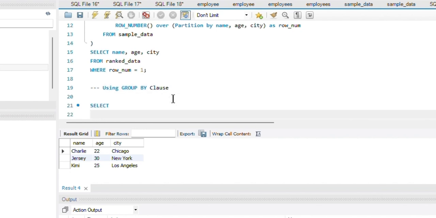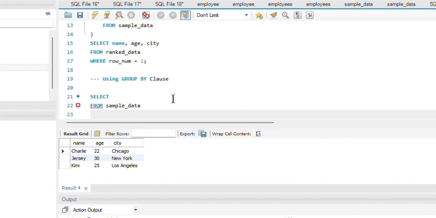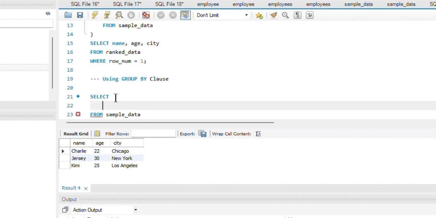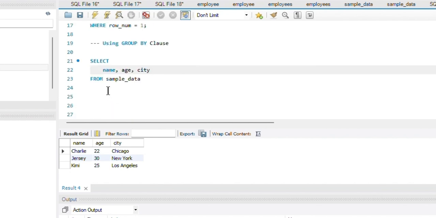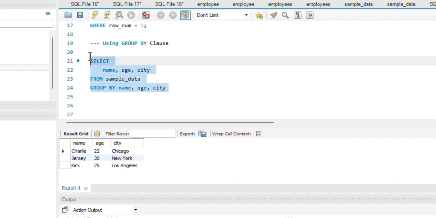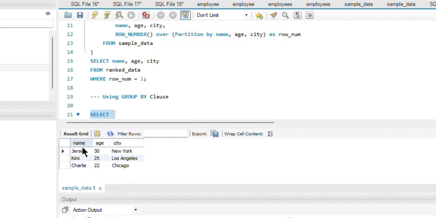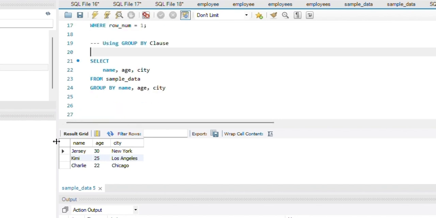So SELECT name, age, and city from my table, sample data, and I'll simply do GROUP BY name, age, and city. Very simple. This query will again give us those rows without duplicates. So it has removed duplicates.